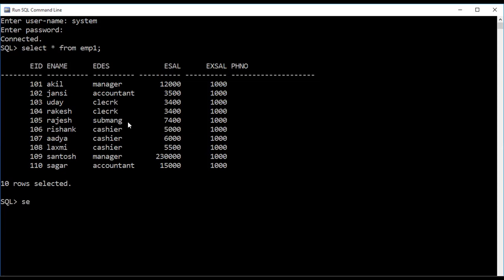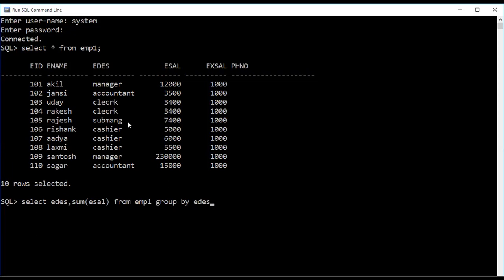So what is the query? SELECT employee designation, SUM(e_sal) from which table? Employee one table. GROUP BY, on which basis are you dividing the table?